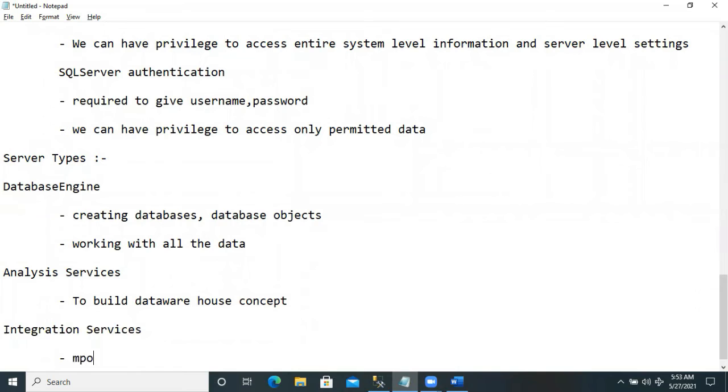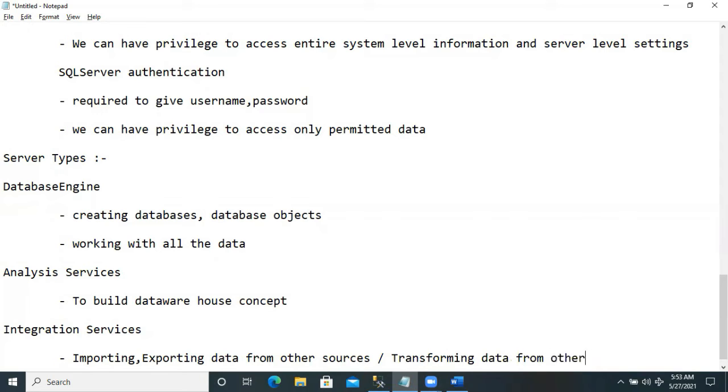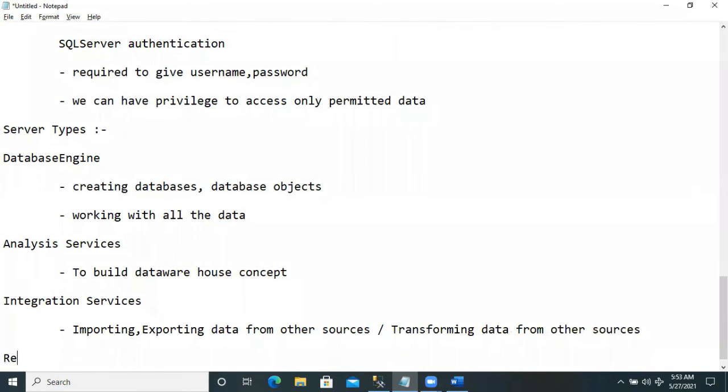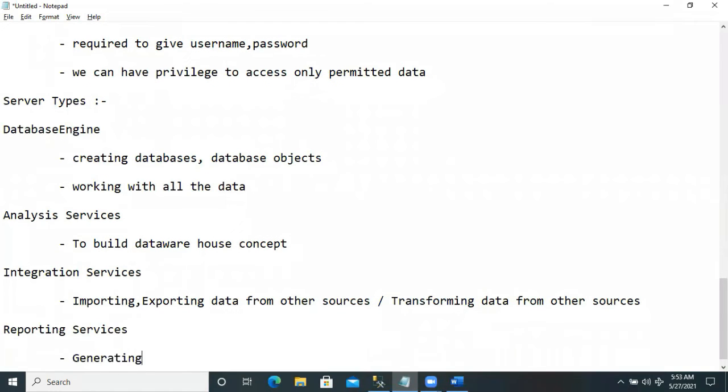Integration services, importing and exporting the data from other sources. In simple words, we say transforming the data from other sources. And reporting services, generating the reports for the end user.